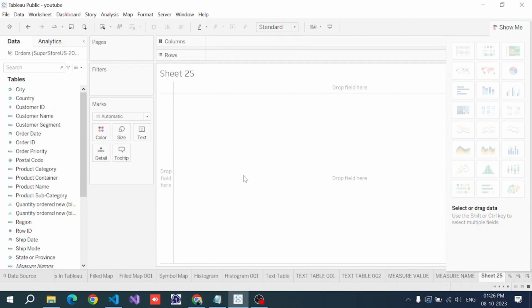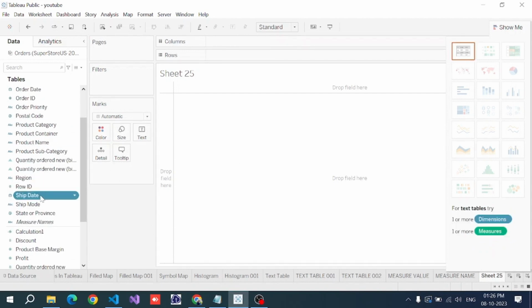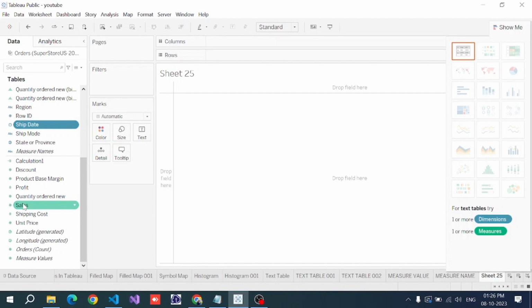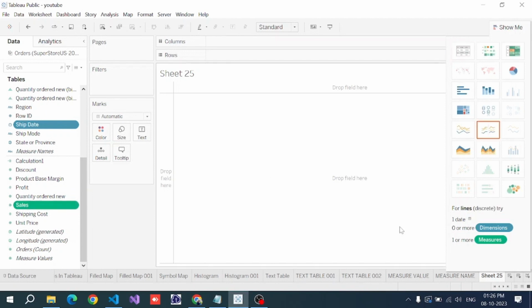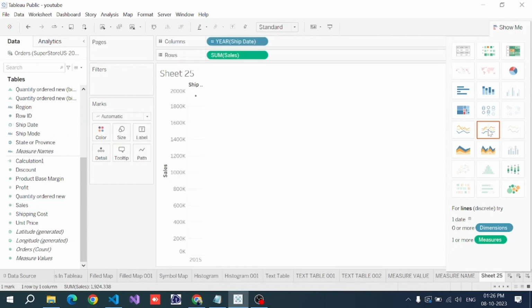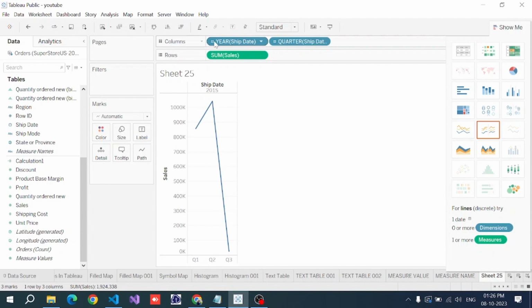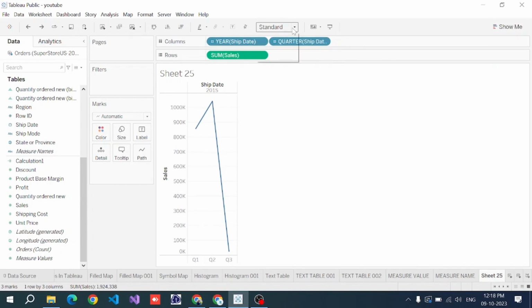So for this, for date and time I have Ship Date, okay, and just Ctrl-click, and for measures I'll just pick up Sales, okay. Then just choose discrete line and just click this plus option, see, and make it as Entire View,